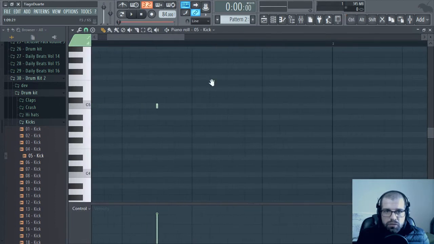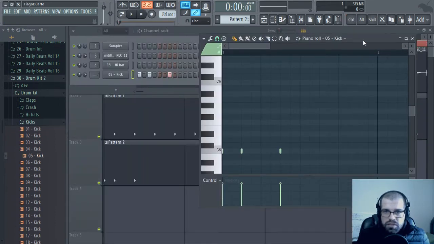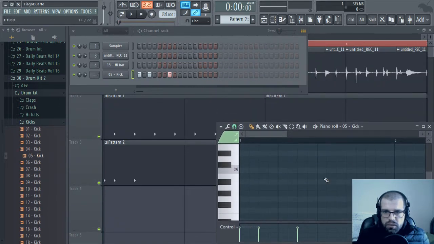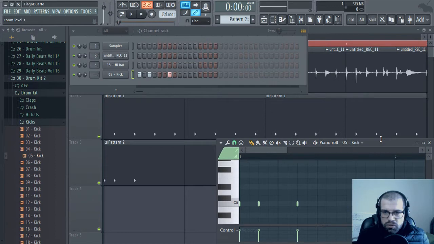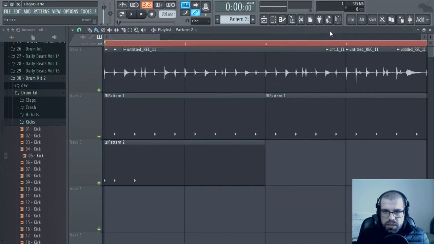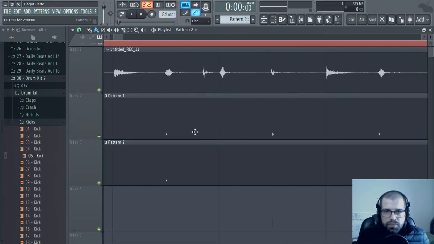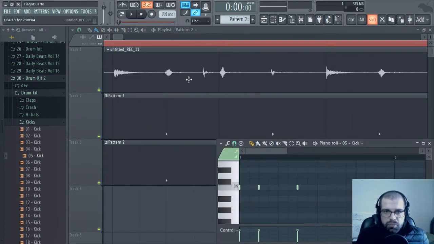Okay, this one here we have to adjust it a little bit more. One way that I usually do this is to do something like this to the piano roll. I don't need it to be too big. So in this case I can go ahead and put this in step mode. In this case I have the orientation of both the piano roll and also the mixer, and this allows me to micro nudge the kick